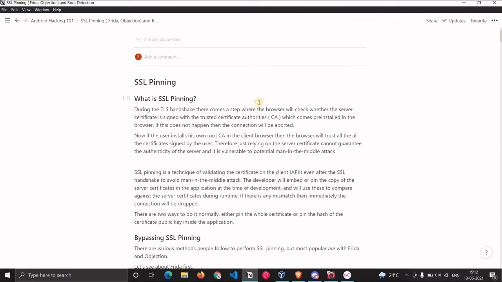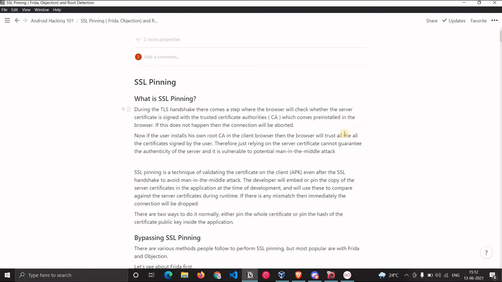In a normal web application, there is something called a TLS handshake, right? For a website, the first thing when you click on the website link is that it will do a TLS handshake. In that TLS handshake, the website you are trying to reach will provide its certificate, and that certificate will be checked with the browser CA, and if it is a legitimate website, then only the browser will touch that website.